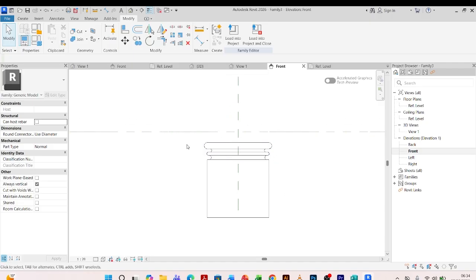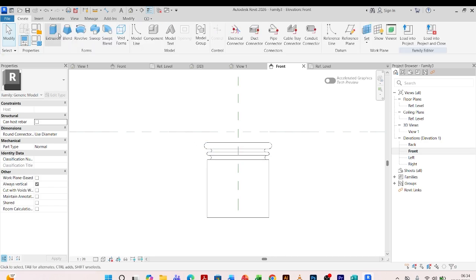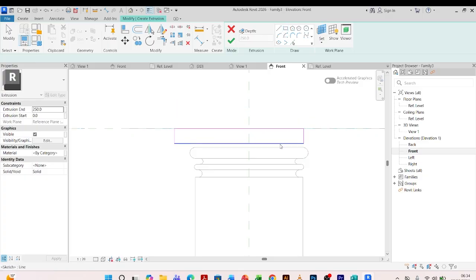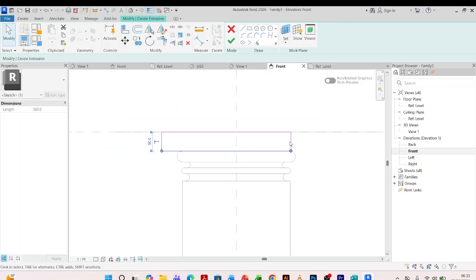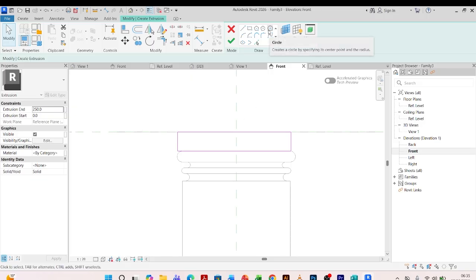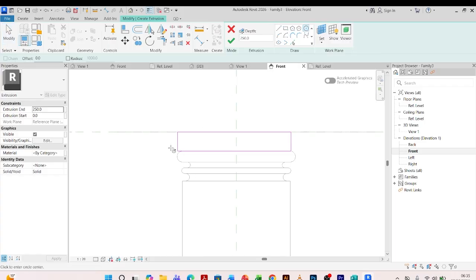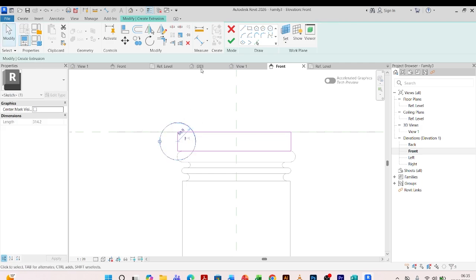Next I'll need to create an extrusion right here. So I'll still come to create an extrusion. I'll still use the rectangular method. I'll come to this extrusion. This will move up to there. Extend this a little bit inside. Then I'll need to curve the edges. So let me use this circular method. First draw a circle of, let me say, 50. Have it at that. Come move this down